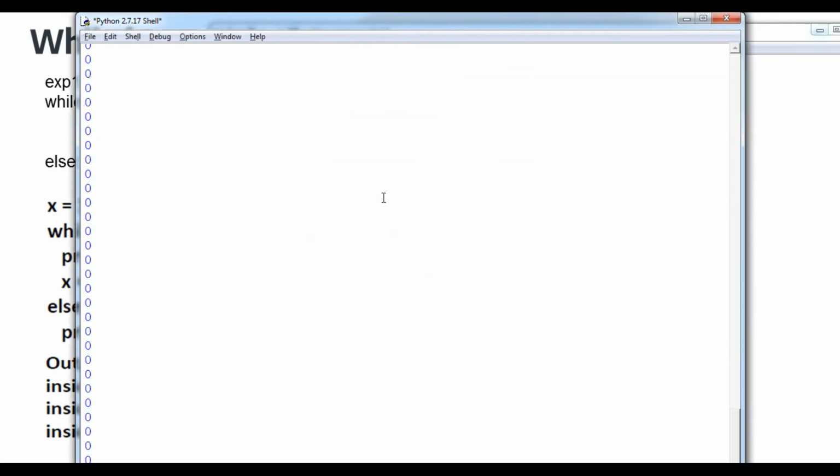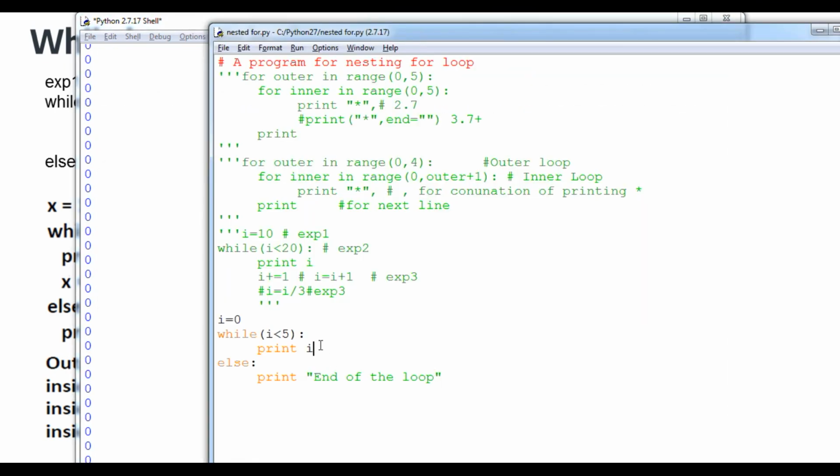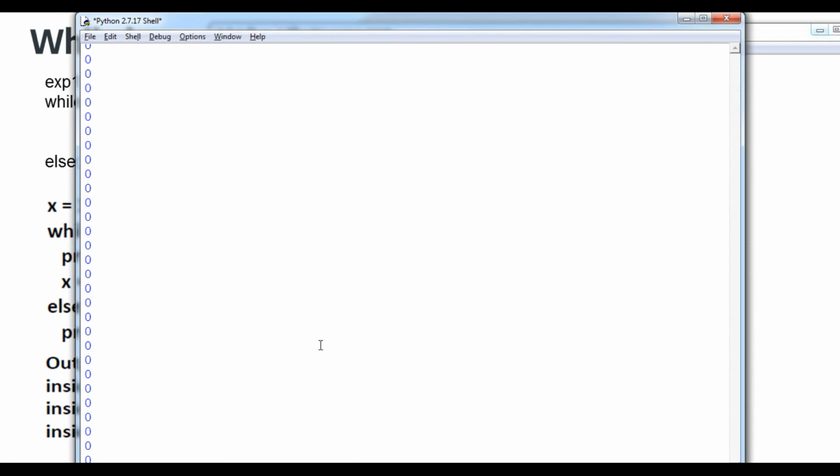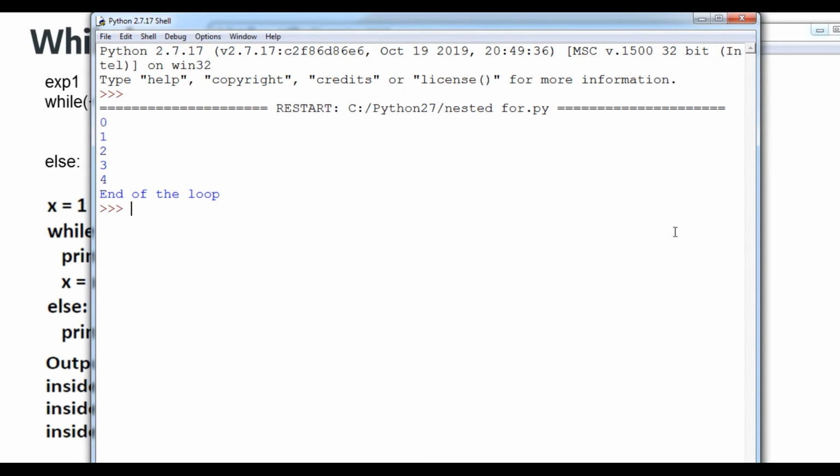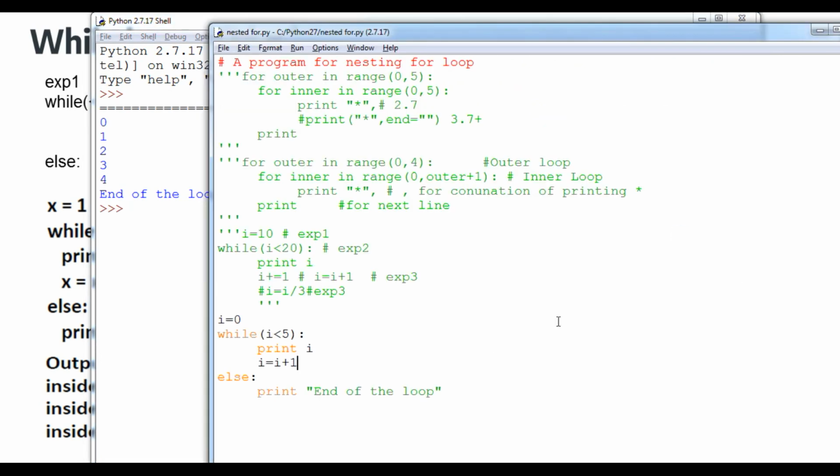So now we can consider student. Okay, I forgot one thing, I have to use i equals i plus 1 because updation is required. Without that it will never close. So I will run it, student, and show you the output. Now you can see that 0, 1, 2, 3 and 4 will print, and then after the end of the loop, this is the while else part. After ending the loop, the condition is considered true, and then it will print this one thing.